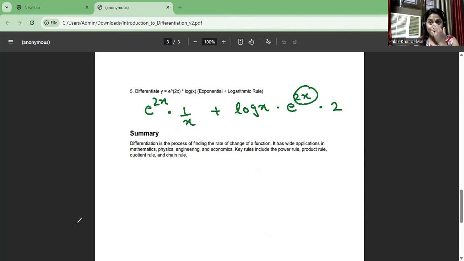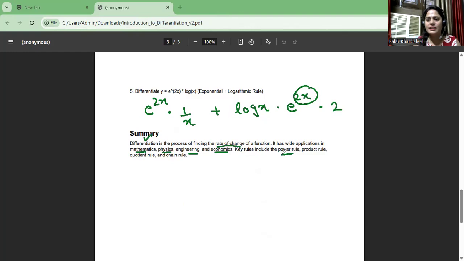Okay. So I hope you have enjoyed today's class. Let's summarize this. Okay. So we have discussed differentiation. It is a very basic thing, just rate of change, or you can say slope of any curve. Okay. It has a variety of applications in the field of mathematics, physics, engineering, economics, and so on. And in order to solve the practice problems that we are going to see in our question papers, we have to use some key formulas that we will learn. Plus, we have to apply some rules.